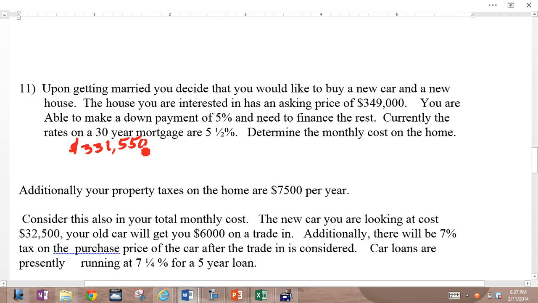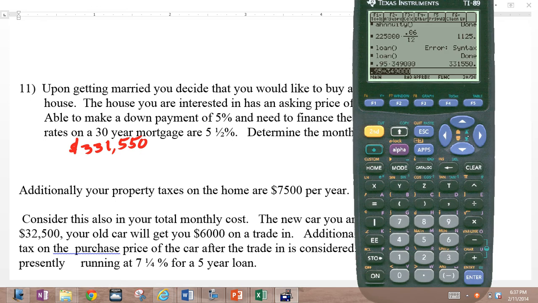So the loan is for $331,550. So let's just execute our loan program here. Okay. So I'm going to go up and I'm going to grab this from where I was previously executing it. And I'm borrowing $331,550, okay, at a rate of 5% for